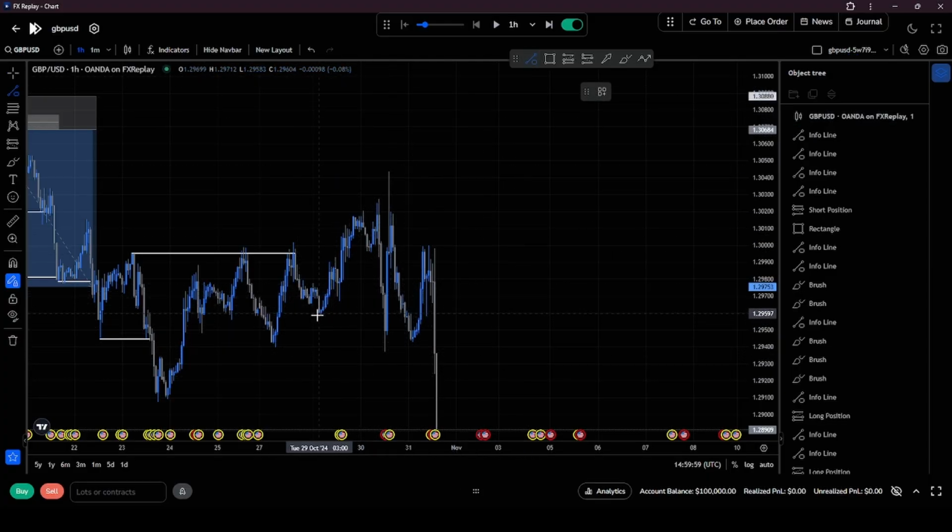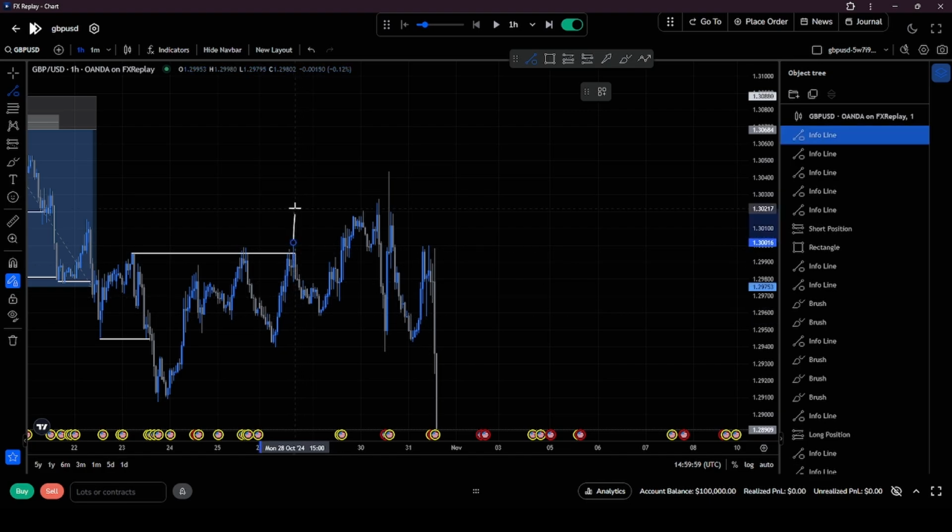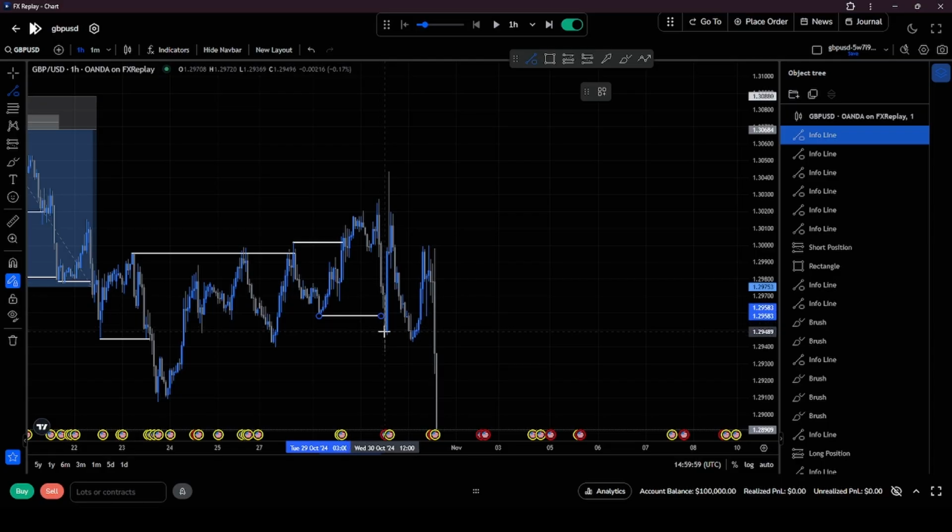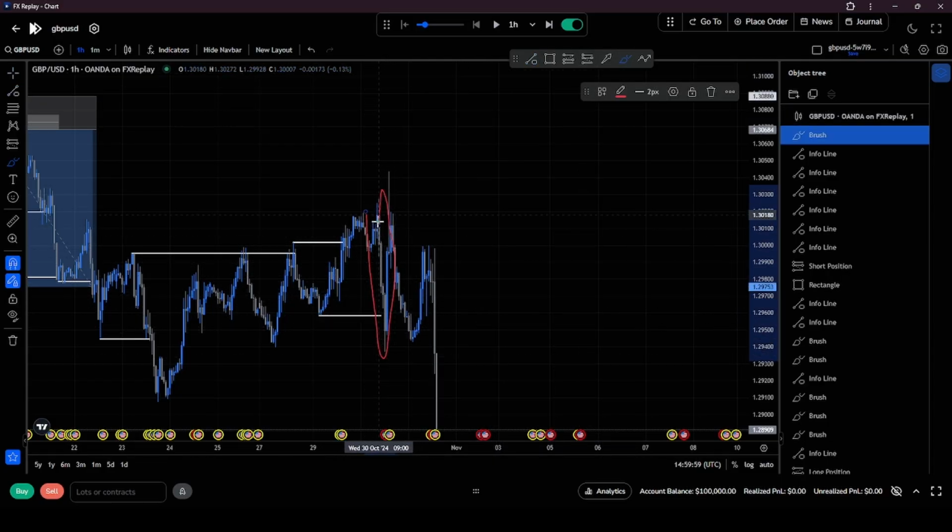serve as a major inducement. So after this break of structure to here, we change character. So we didn't have any inducement in this price leg. Okay. So this external serves as a major inducement. So you can put your trade